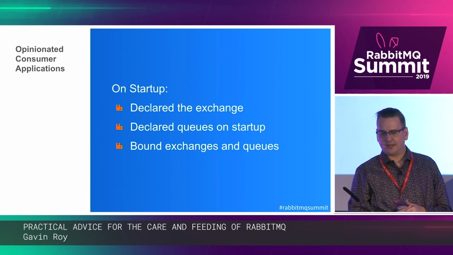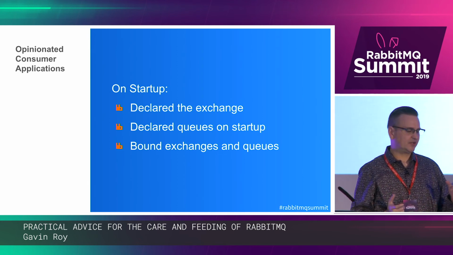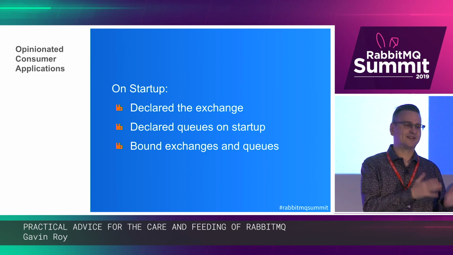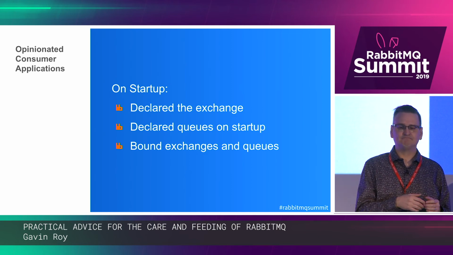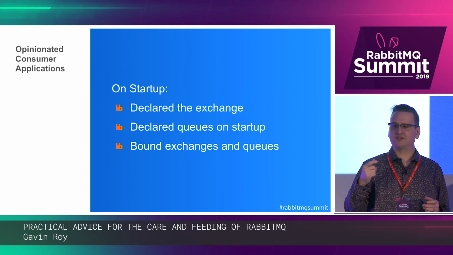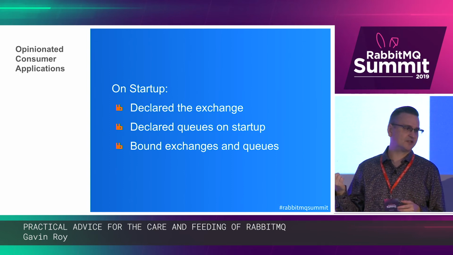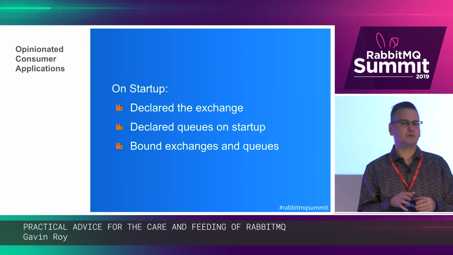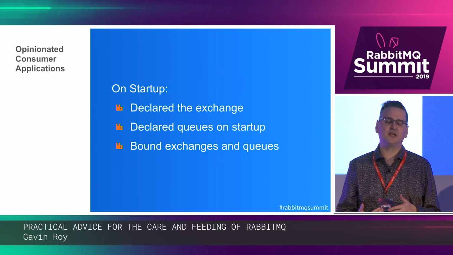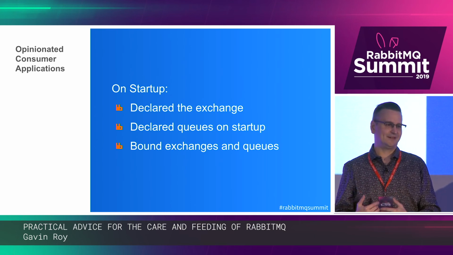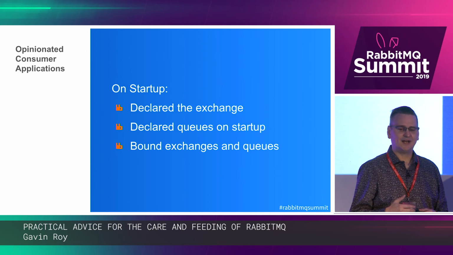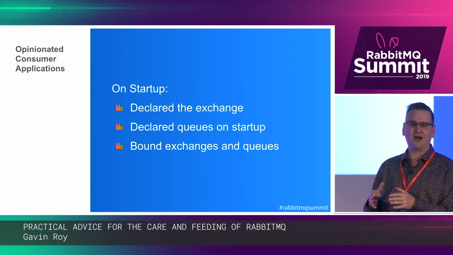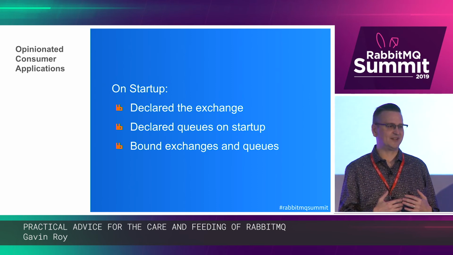Great. But what happens when somebody decides at the time that they're writing their code that they want a direct exchange, but then 3 years later we decide, well, we really should be using topic exchanges because it provides us better flexibility in what we're doing. Oh, and by the way, the person who made the decision is no longer with the company, didn't document anything, left us with code running in production that we had no idea was hard-coded with expectations of how the topology in RabbitMQ would be set up.